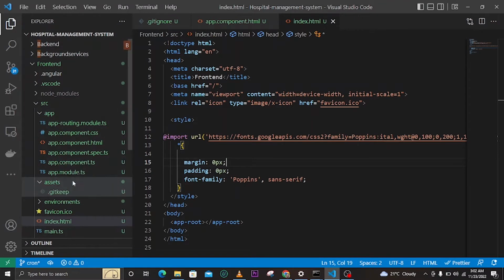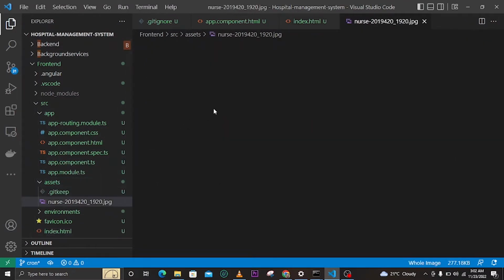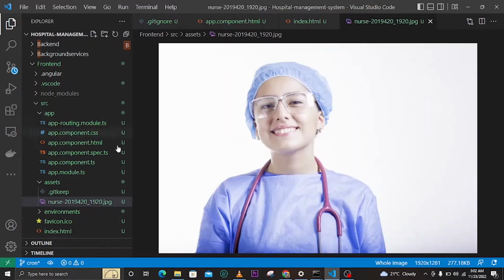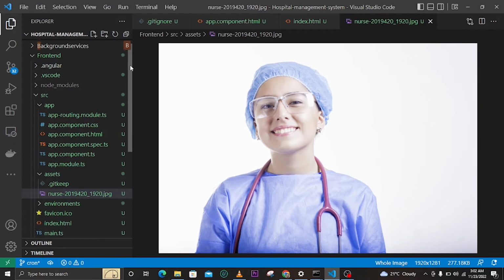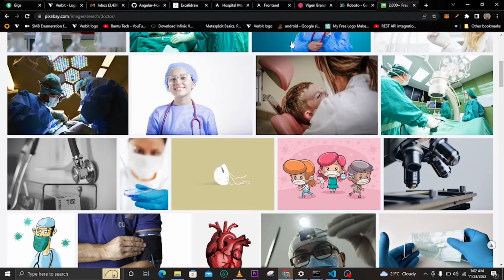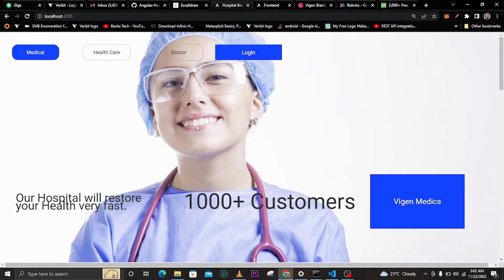Let's look for my asset. It is there. So you can see I have included that image here, this image there. So now another thing that I want to do is to generate the home page, this home page here. I want to generate this home page as a component